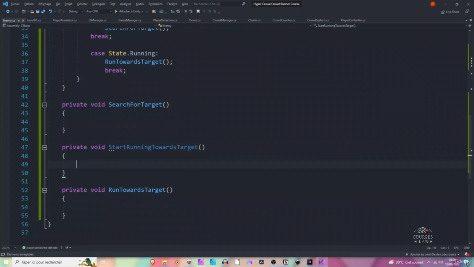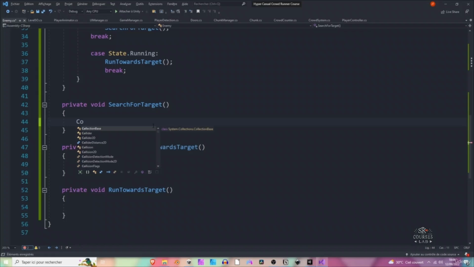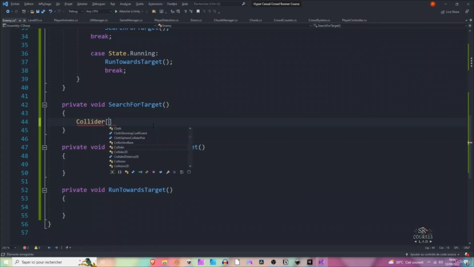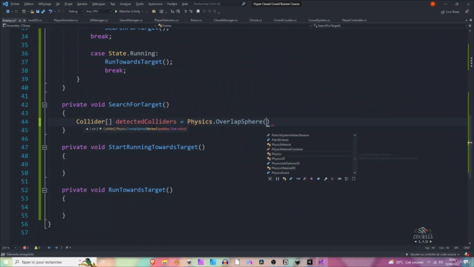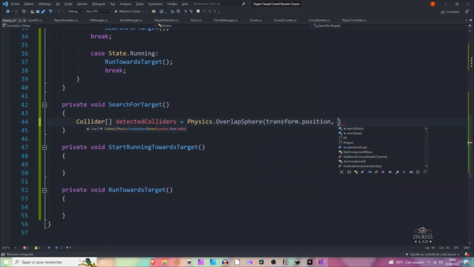Let's now implement the search for target method. So we are going to search for any runner nearby. So let's create a new array of colliders. Let's call it detected colliders, equals physics. We are again going to use the physics class, dot overlap sphere, to use the overlap sphere method. So this will create a sphere basically around any position again, and we want to specify a radius next. So let's create a sphere around the enemy, so from the enemy position, and the radius will be our search